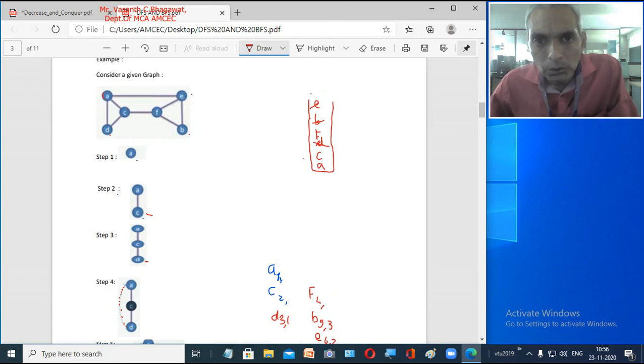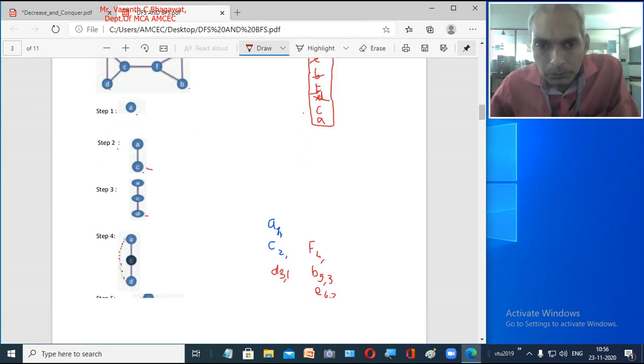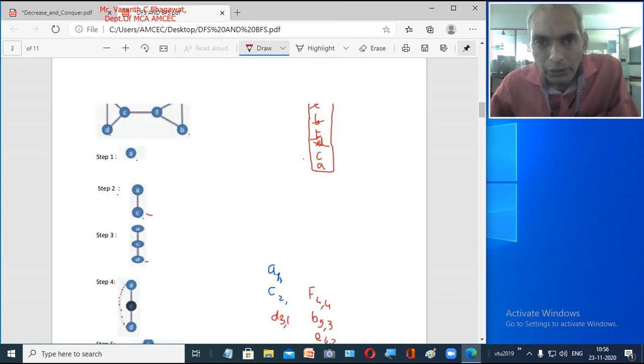Right? So then you go back to node F. From F, C, E, B, all three are visited, so F becomes a dead end. So you are going to remove F from your stack. So F is the fourth element which you remove from your stack, that is, pop the element from your stack. So when you remove F, now you are left with element C, right? Now you come back to C. From C, A is already visited, D is visited, F is also visited. So C becomes a dead end.